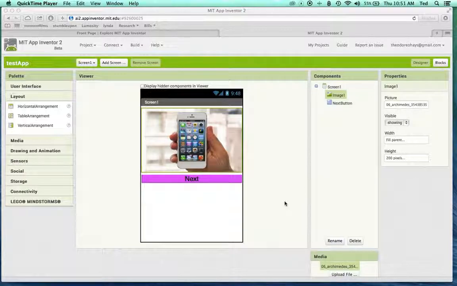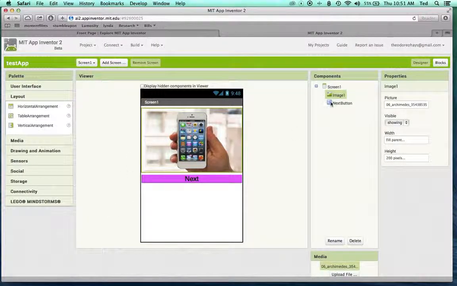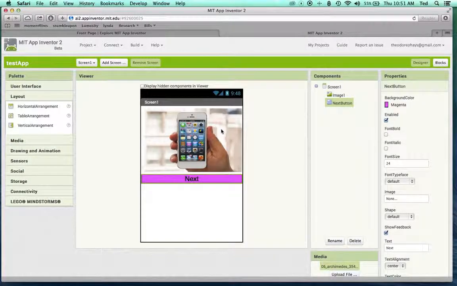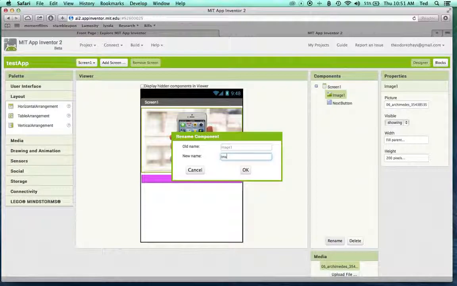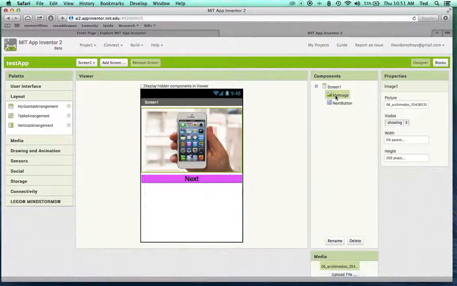So to get started, I'm actually in Design View just to put some things on my screen. Basically I have a button that says Next on it and it's titled Next Button. And then I have an image which is a picture of an iPhone, which right now is called Image 1, but let's just call it My Image. Okay. So now I've renamed these, and it's really important to do this in Design View because when you get